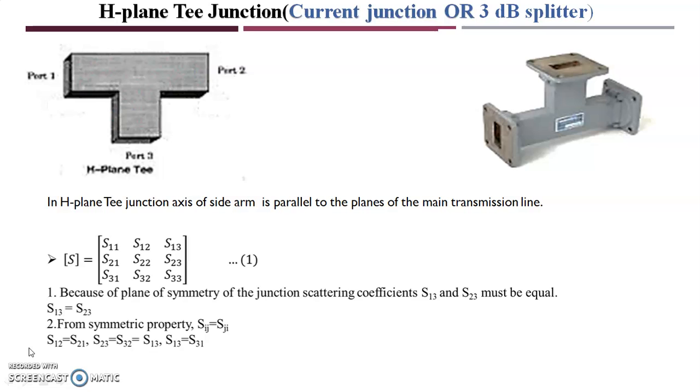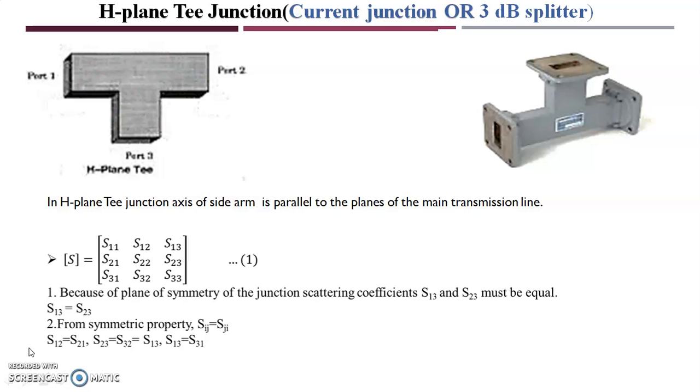First we'll discuss the H plane T. The figure of the H plane T is shown in the figure. It consists of three ports. Basically, the H plane T junction is formed by cutting a rectangular slot along the width of the main waveguide and attaching another waveguide, the side arm called the H arm, as shown in the figure. Ports 1 and 2 of the main waveguide are called collinear ports, and port 3 is called the H arm, or the side arm.